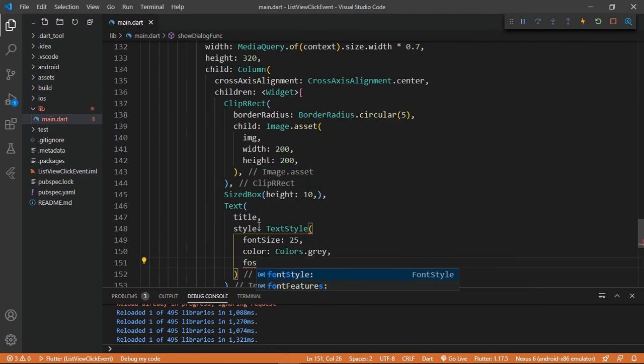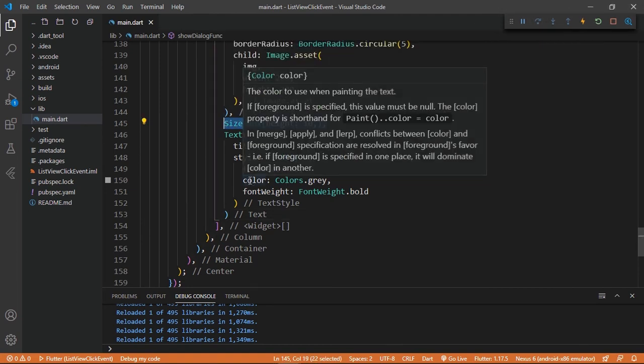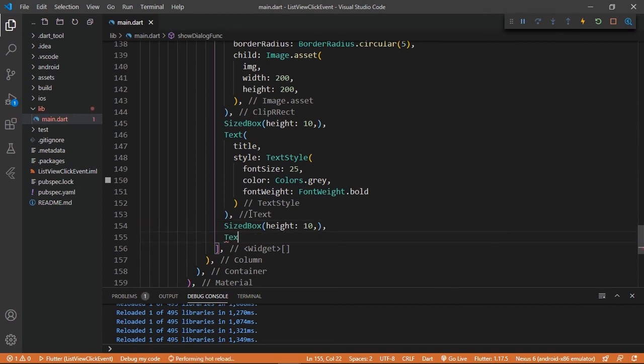Then font weight dot bold. Okay, then give some space again. I'm copying here, copy this line and pasting here. Then final text